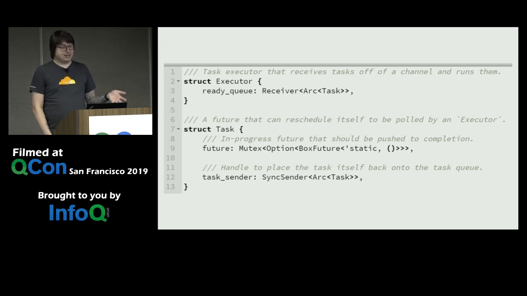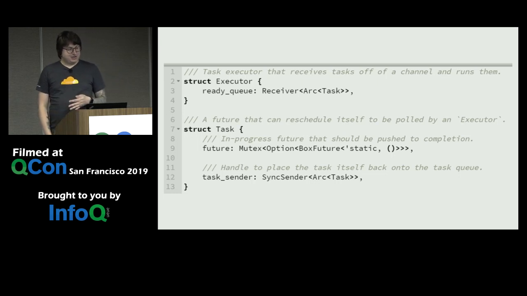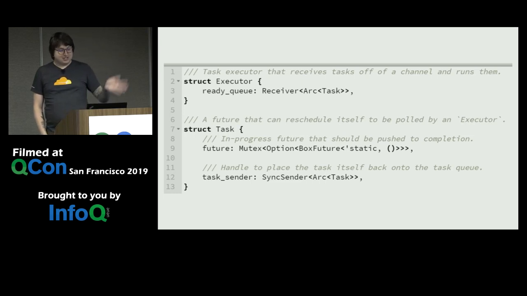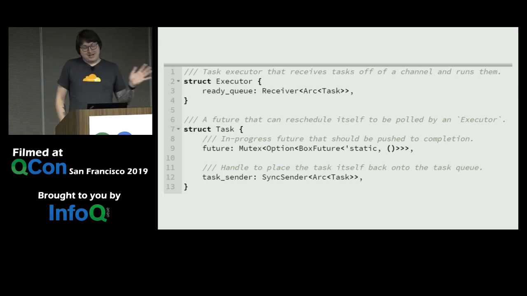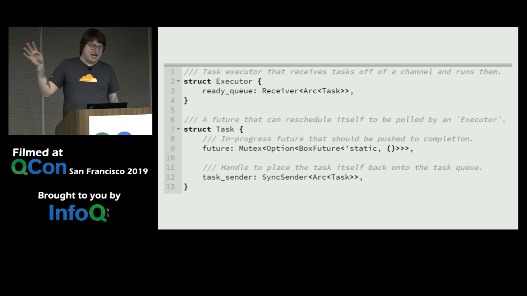A task contains the future, and this has a frankly kind of bonkers type signature: a mutex option box future of static and then no output. Box future is itself a type alias. This could actually go two or three more nested types. Types happen at compile time, not run time. The more types you put together, the more compile time stuff happens and the faster everything is, right? Isn't that totally true? But the point is that we need this to be thread safe,